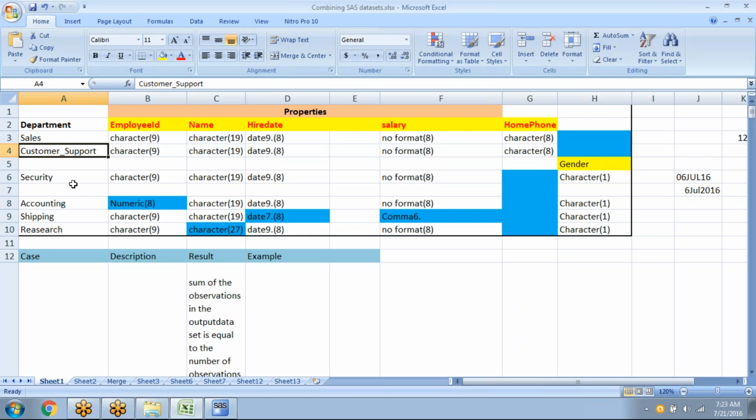Now, in similar fashion, we have security. There is a department called security. You have employee ID, employee name, hire date, and salary information. But we don't have home phone data available in this security department. But we have an additional variable, gender. And in the same way, there is an accounting data set in which we have employee ID,